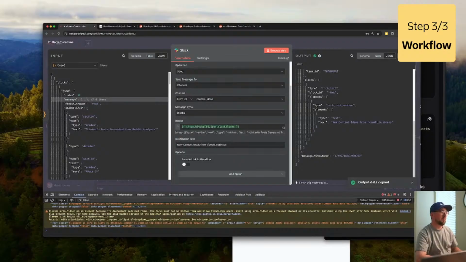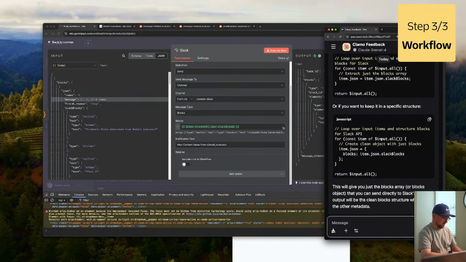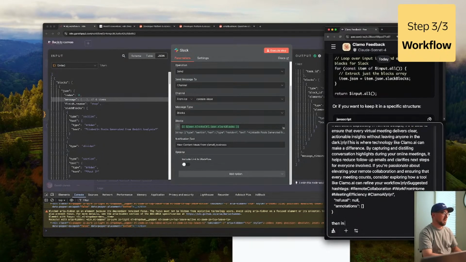No. This is the array, then in n8n, it's using